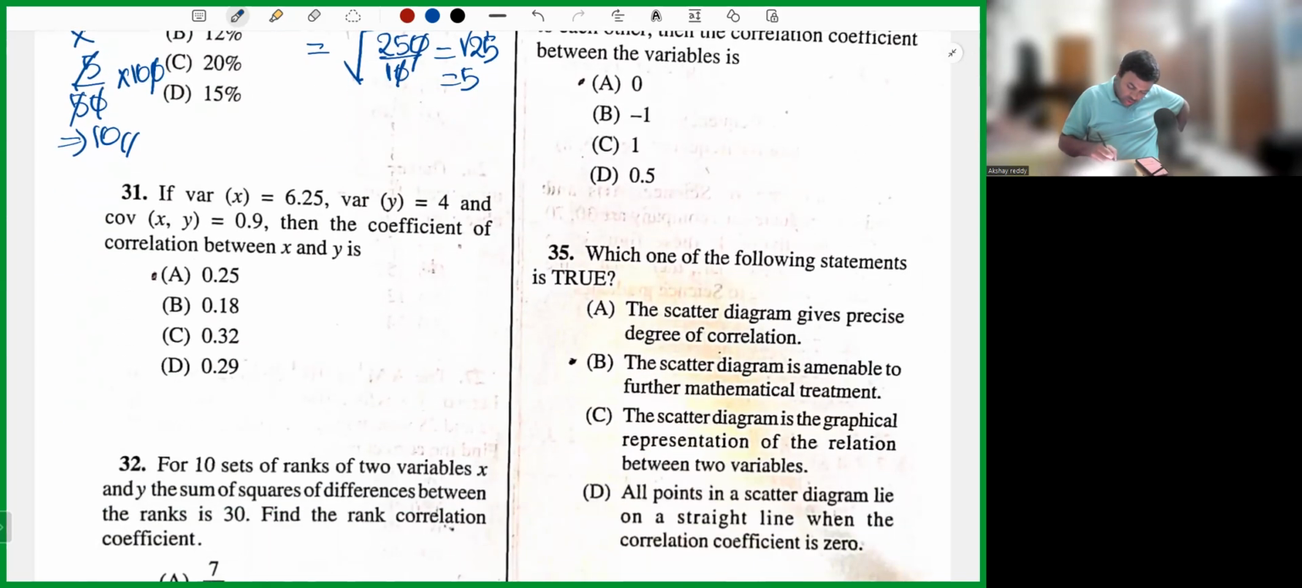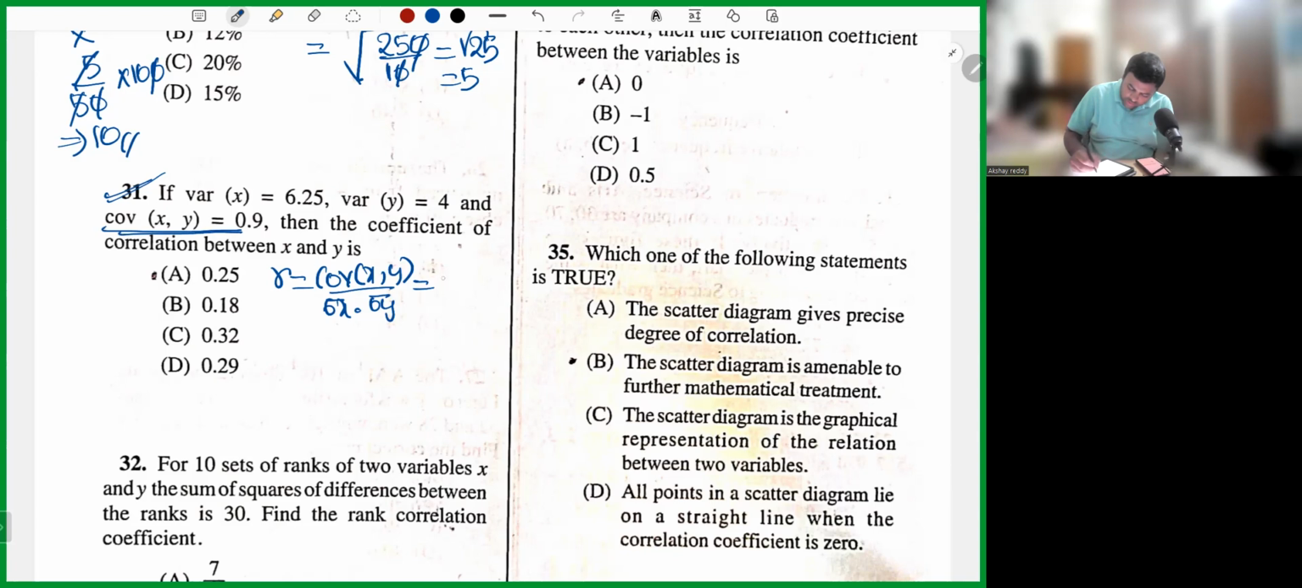Next, question number 31. Coefficient of correlation, he's asking. What is the formula, my dear friends? R is equal to covariance of xy by standard deviation of x into standard deviation of y. Covariance of xy is 0.9. Now, variance is 6.25. What is standard deviation? Root of variance, root of 6.25,